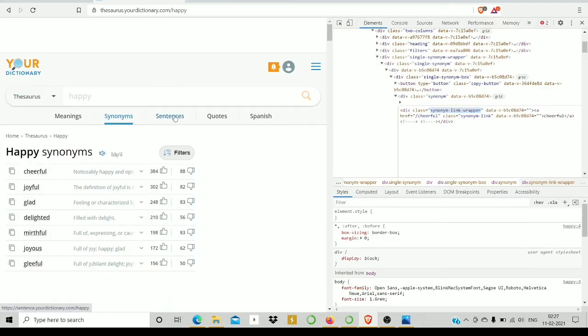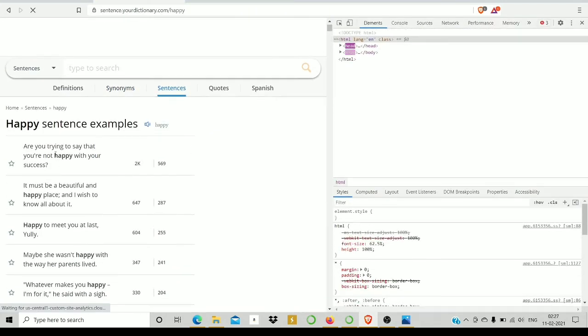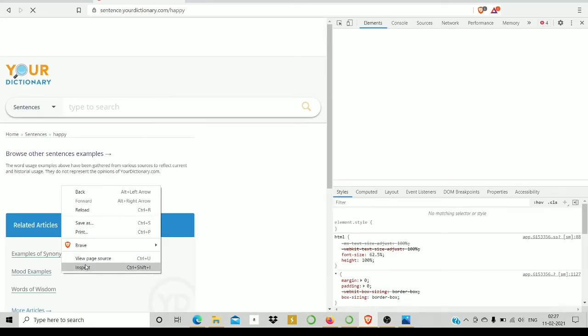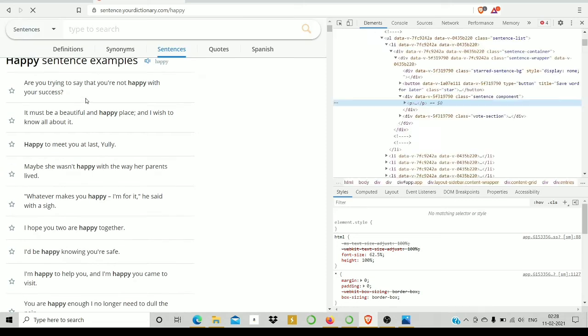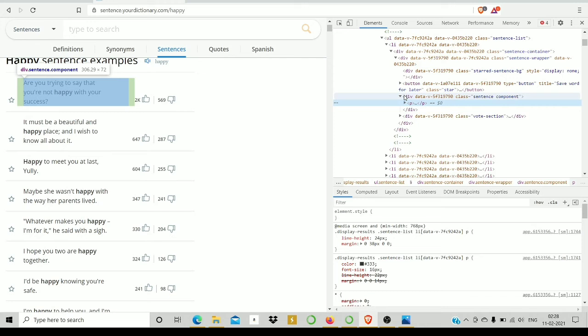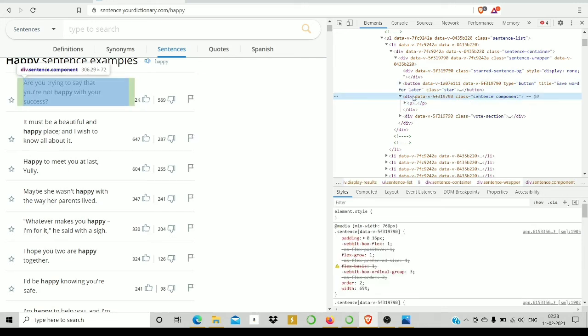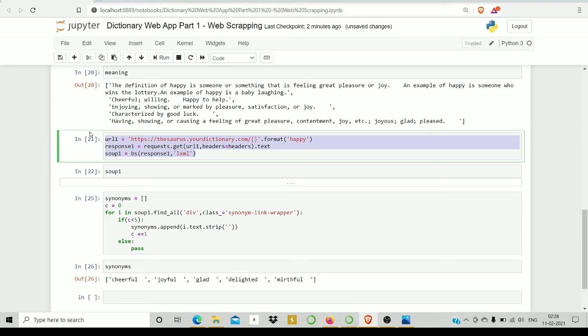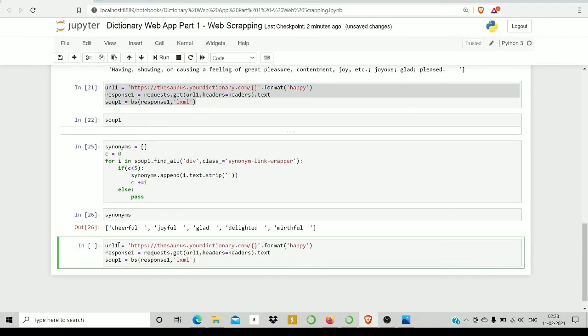And if I want to implement this on the sentences, what I need to do is just go here and do an inspect. Okay, this is the paragraph, dictionary sentence component, right? Sentence component. So this link is again changed, so I need to again define these things. I will copy it, paste it here, and change this to URL2, and